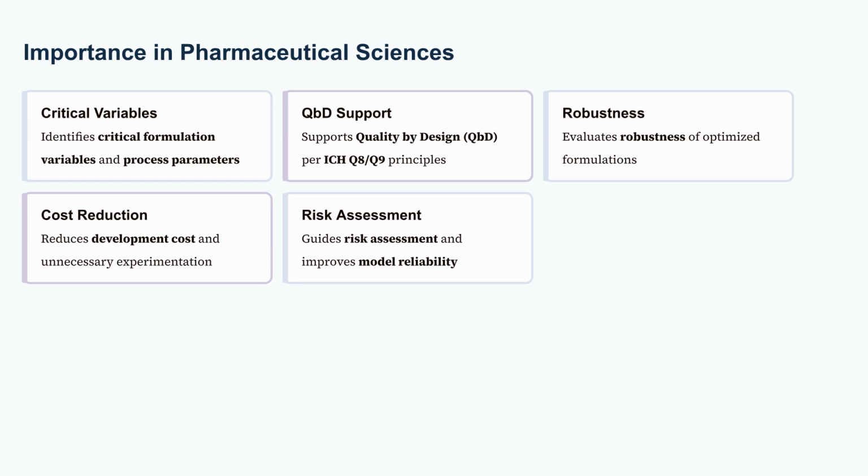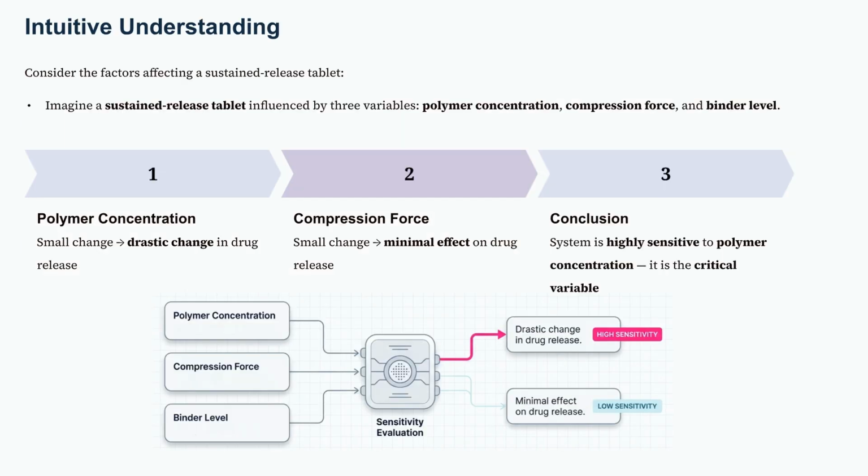In pharmaceutical sciences, sensitivity analysis is important for identifying critical variables, supporting quality by design, assessing robustness, reducing development costs, and guiding risk assessment for improved model reliability. Consider a sustained-release tablet influenced by polymer concentration, compression force, and binder level. If a small change in polymer concentration leads to a drastic change in drug release, it is the critical variable,